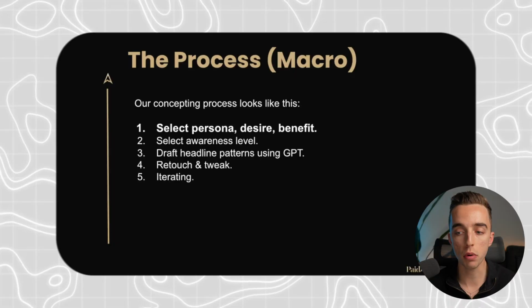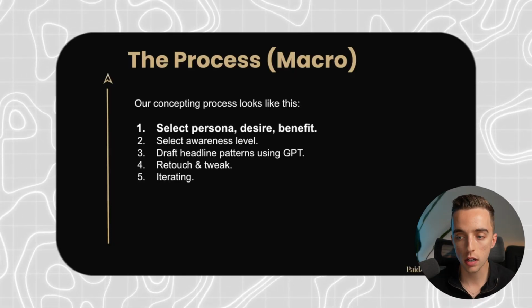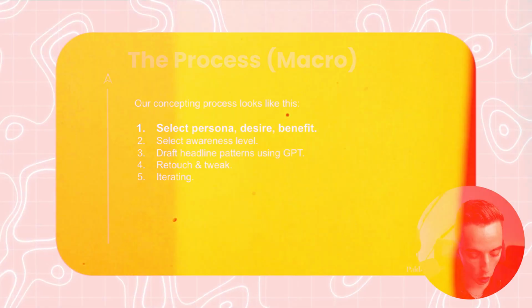That document that I'm talking to you about, really think of it as a knowledge dump. Every time you have a piece of information, you either write it in that document or you just copy and paste it there. It really is a dump for you to just throw all of your knowledge in there about that given account. So that's like step one of step one, essentially, because step 1.2 is then to select a persona, desire, and benefit. So now that I have all of this knowledge dump, usually I'm going to feed that to ChatGPT and start asking questions to ChatGPT about my own research.